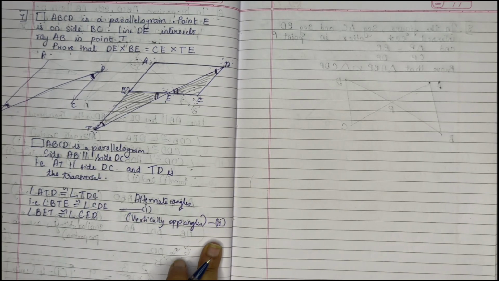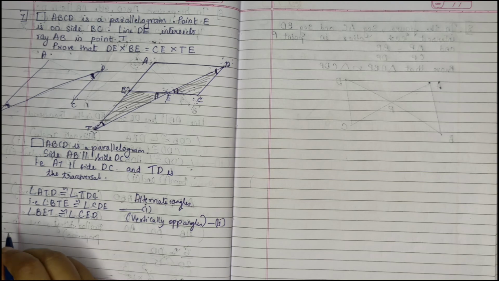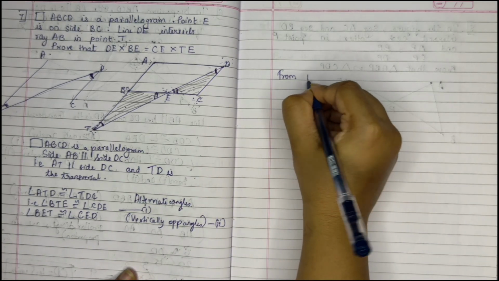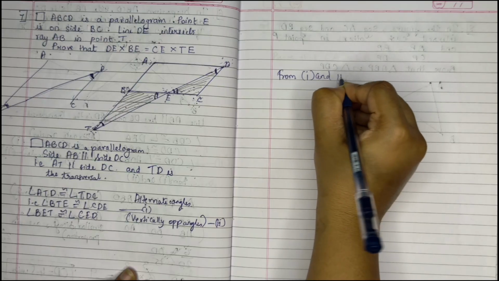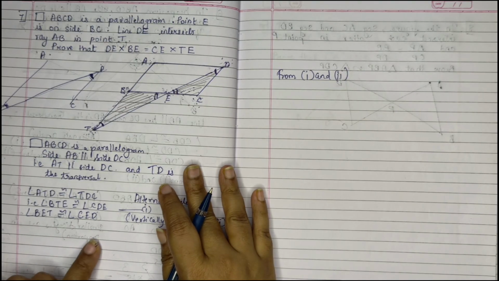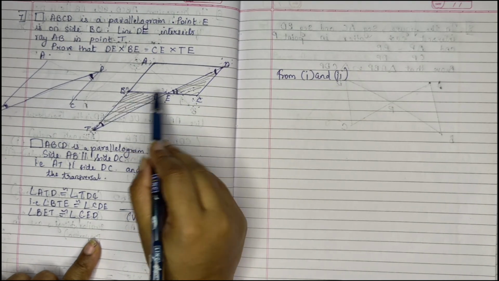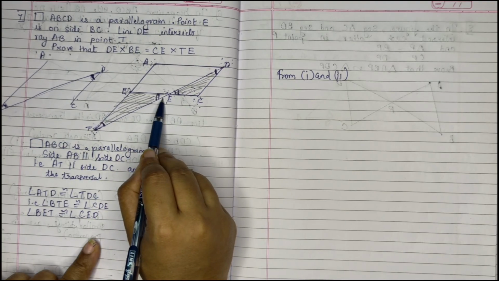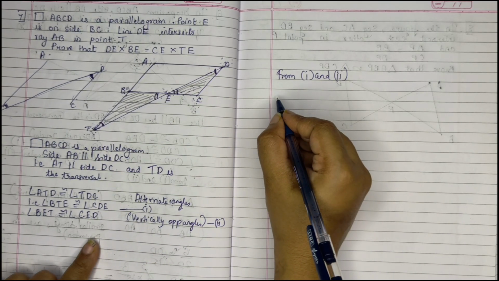So from first and second, what we can prove is that these two triangles are similar by AA test of similarity. Therefore triangle,